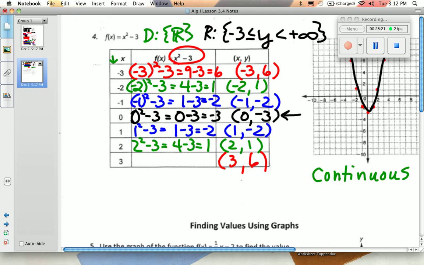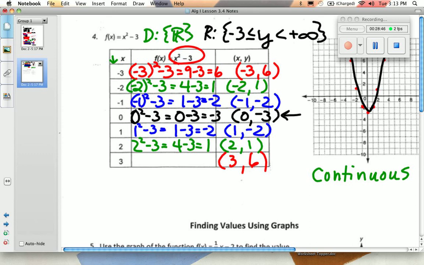Because the lowest point on the graph has a y value of -3. Can we ever get to the highest one? Nope, so that's positive infinity. Good job. Okay, remember I said when we practiced the other day, we're going to be using this. Anybody have questions about this graphing